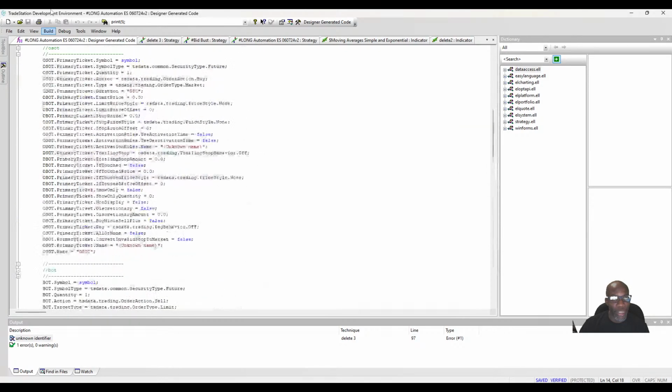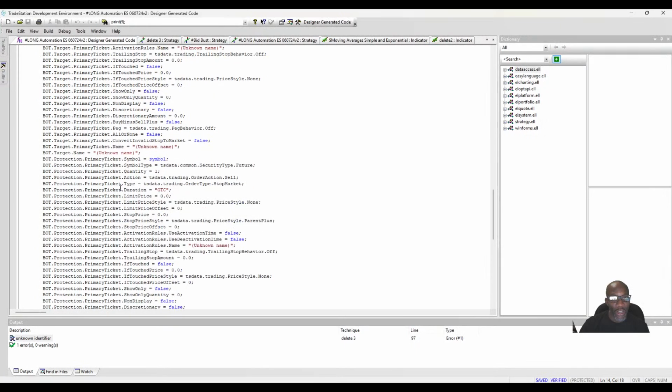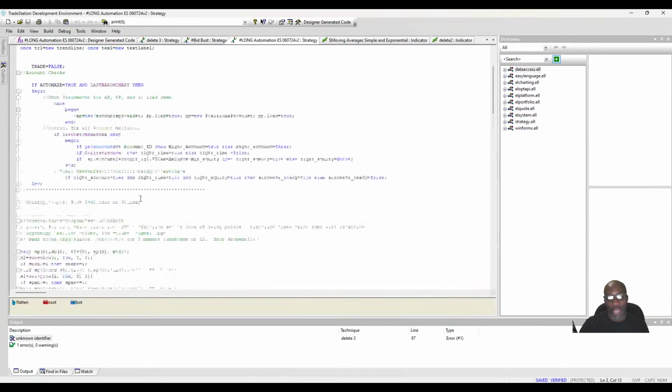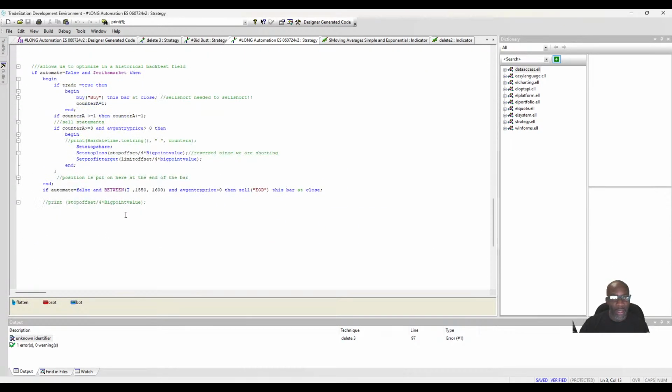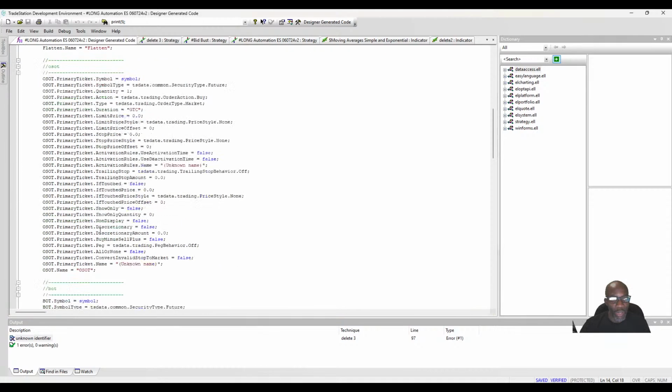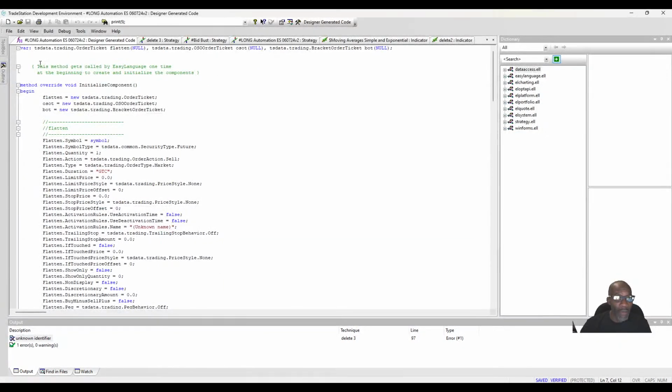Now the only thing that's on this tab here is the code that programs how these are defined, how they live. Well, how they're defined is literally in the designer generated code. Is this right here. And you can look at the top and you can see it says this method gets called by EasyLanguage one time at the beginning to create and initialize the components. All right, so this is a method, right? So all you got to do is copy this,